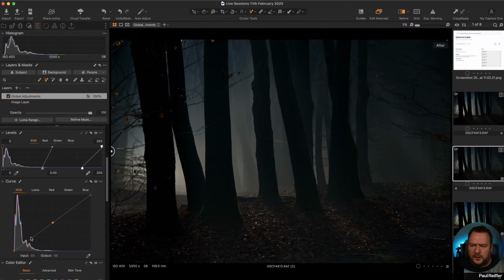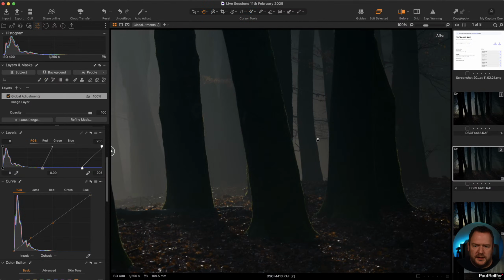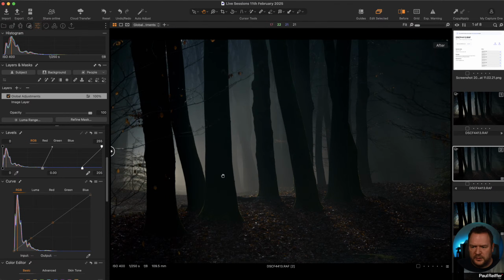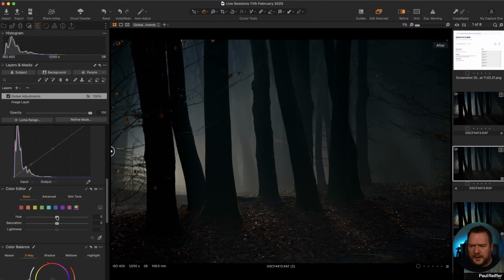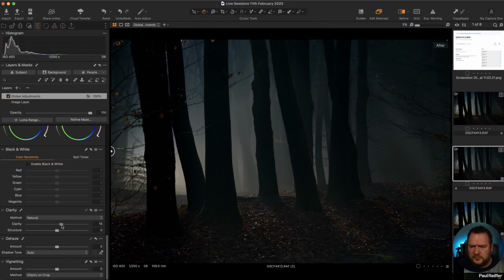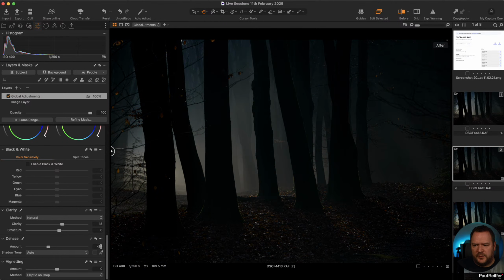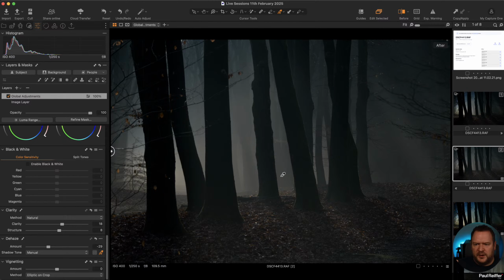So with that data, I could then, from linear response, go to my levels and start lifting it into here. Great. I could lift up my shadows a little bit. Nice. And what is good in here, look at these little sort of catch or rim lights effectively on the side of these trees. The light hitting these is actually really nice, so we want to accentuate that. I can add a little bit of clarity, a little bit of structure. Dehaze. So if I dehaze this image, it's interesting. I'm making it bolder, but I'm losing atmosphere. If I add haze to this image and say, this is my haze color, it's adding in atmosphere, right? So hold that thought.